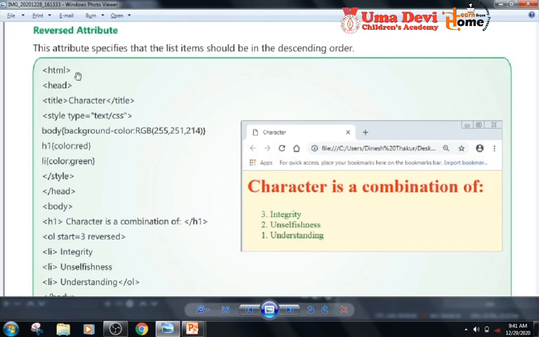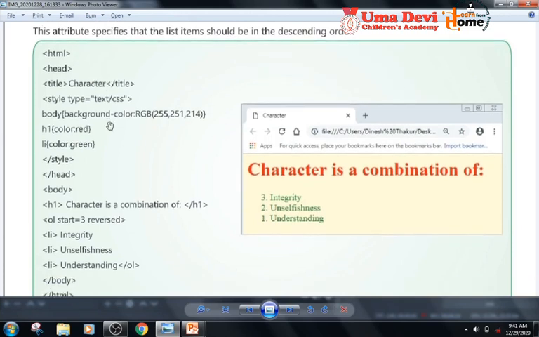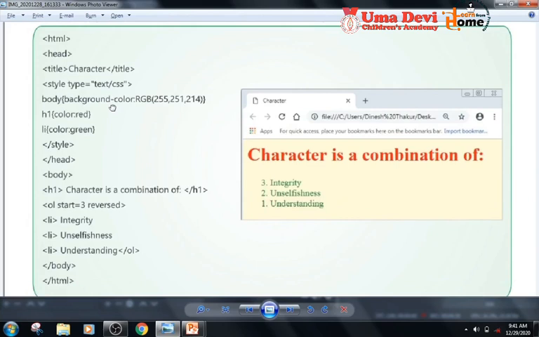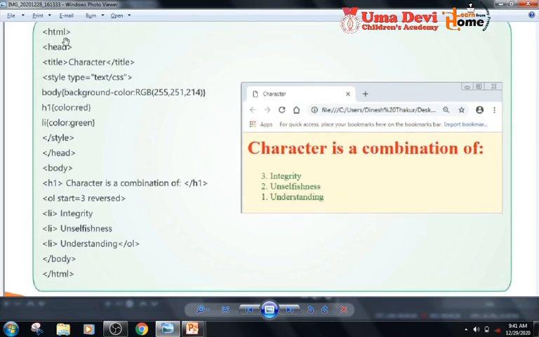So one example is given here. Firstly we give the HTML tag, head tag, then the title they have given is character, style type. And then styles they have defined here. The style tag is closed here, the head tag is closed. Then in the body, heading 1 is written here.